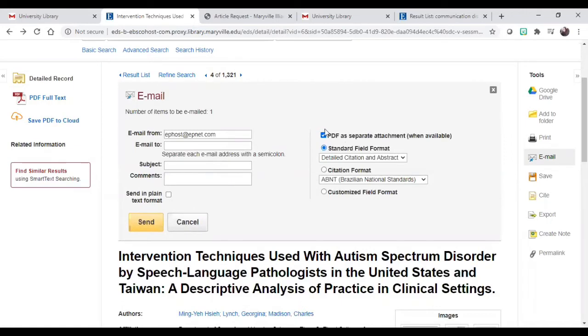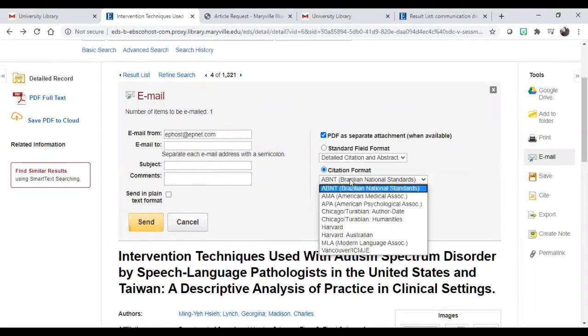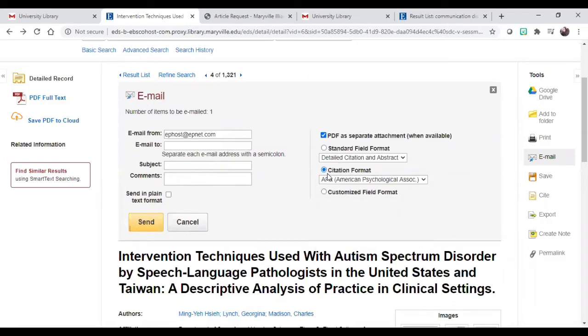If it has a PDF, it'll attach it to the email, and it will actually even try and cite it for you. So you can even send the citation, and it has all the styles, anything you might ever need. So if you want to send the APA citation, you totally can. And then when you press send, this just gets sent to your inbox from this email address, and you have everything at your fingertips in your email. So this is another great option.